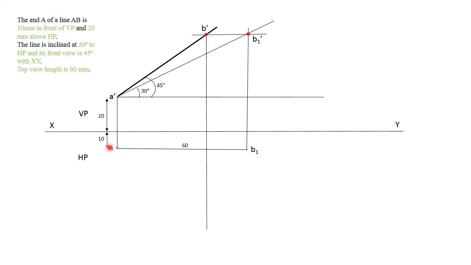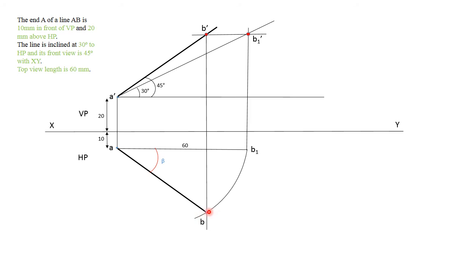So your B, which is nothing but the top view of the point P, should be somewhere along this line, but we don't know where exactly it is, right? So in order to measure this, they have given in the question the top view length is 60 mm. So from point A, you can draw an arc of 60 mm, which will basically pass through B1. So this arc will intersect this line at the point which will be your B point. So then you have also got your top view.